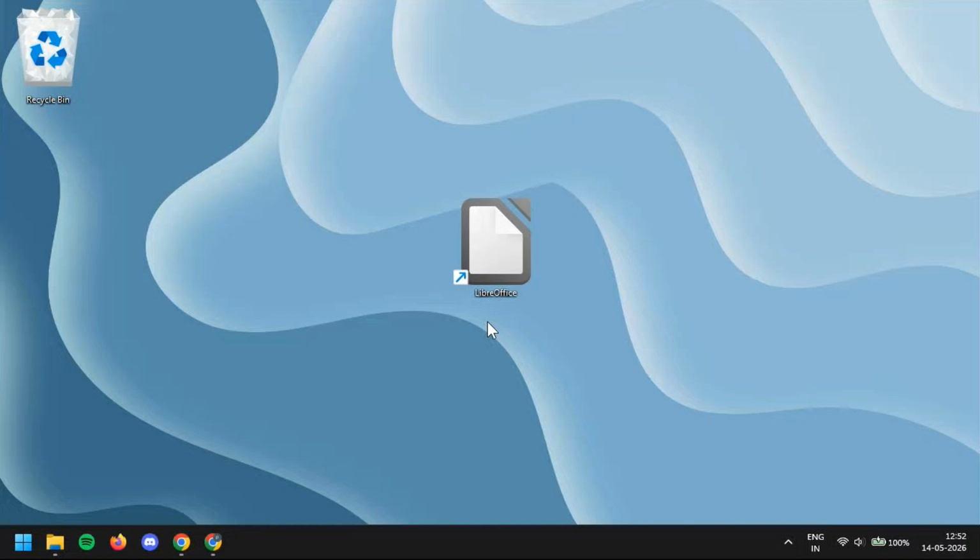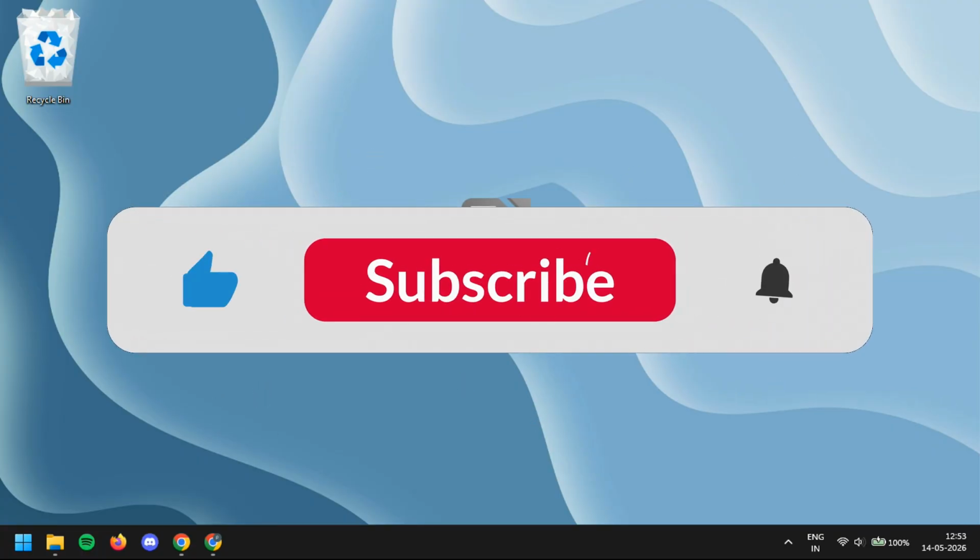If you've ever needed to make your spreadsheet easier to read, then knowing how to resize a column in LibreOffice Calc is one of the simplest and most useful skills you can learn. In this video, I'm going to show you exactly how to do it in just a few seconds, whether you're working on a brand new sheet or an existing spreadsheet with data already inside. This is a quick, beginner-friendly tutorial, so even if you've never used LibreOffice Calc before, you'll be able to follow